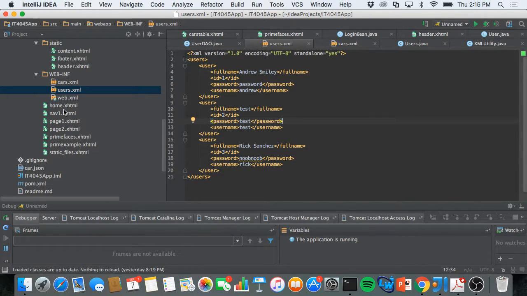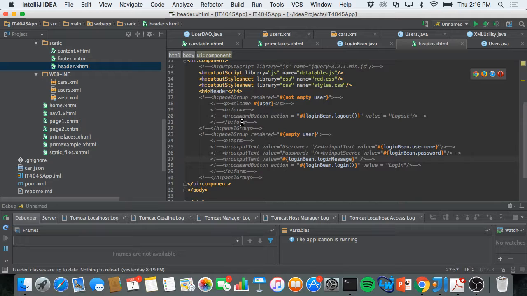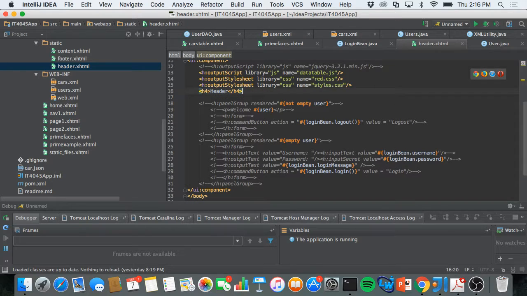So the next step here, there's a few different paths we could take. Let's work from the presentation layer down. So the next step that we're going to take is to actually go in and create our login form. So one of the things that I'm sure you guys might have been curious about was, how do I conditionally render something based upon whether a user is logged into the application or not? So the cool thing about JSF is that we really don't have to do a whole lot to make that happen. All we really have to do is create a panel group,